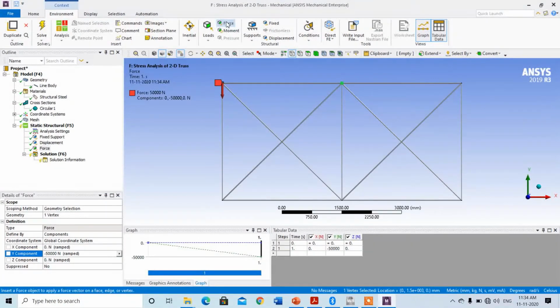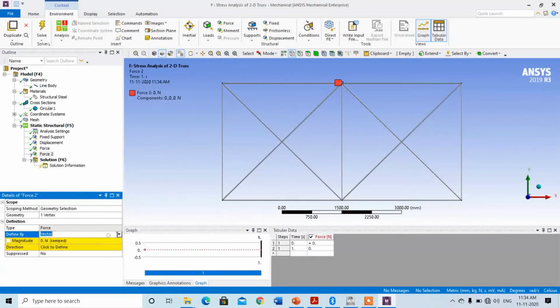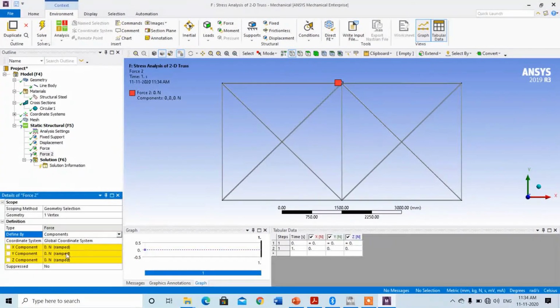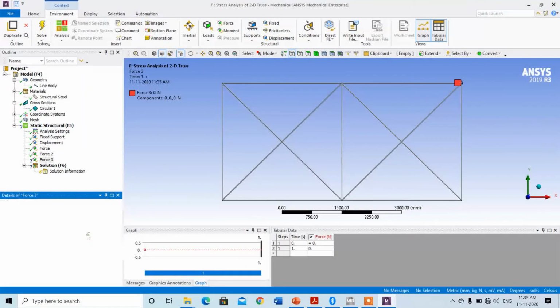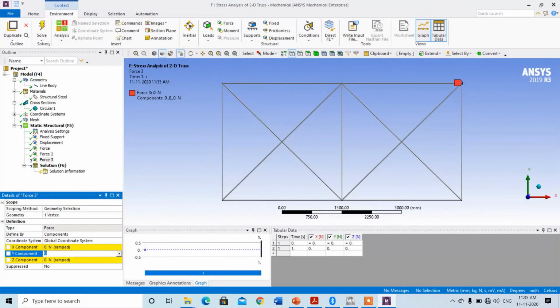Then click on the vertex again, this one, click on force, convert vector to component, minus 100,000 Newton. Again click on this vertex, force, minus 50. Okay, so you can check the boundary condition now.